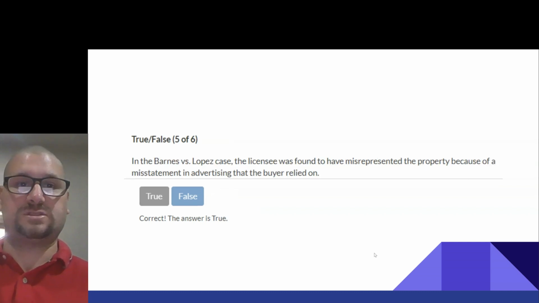In the Barnes versus Lopez case, the licensee was found to have misrepresented the property because of a misstatement in advertising that the buyer relied on. This is true.